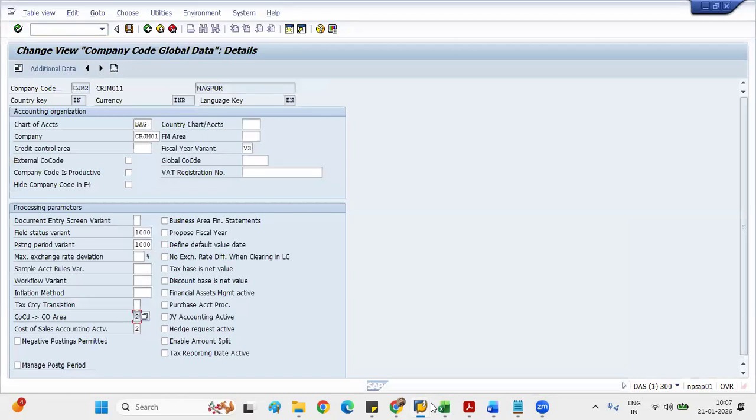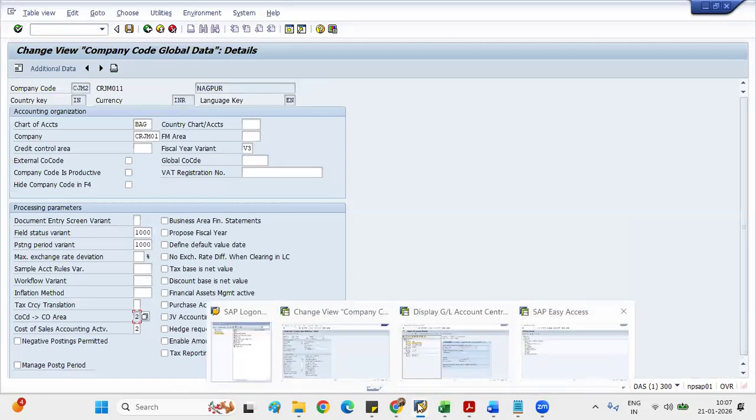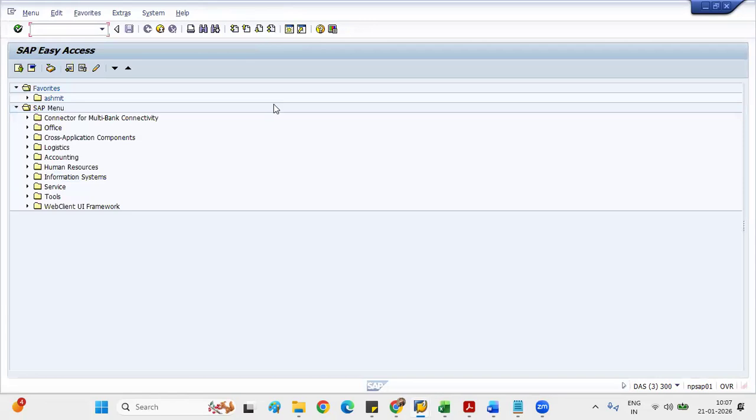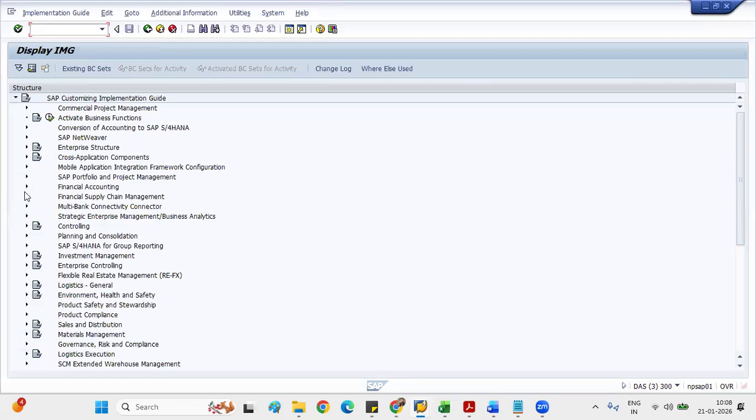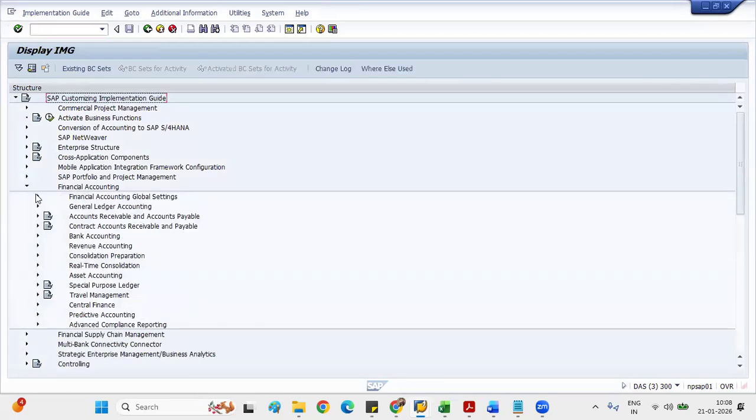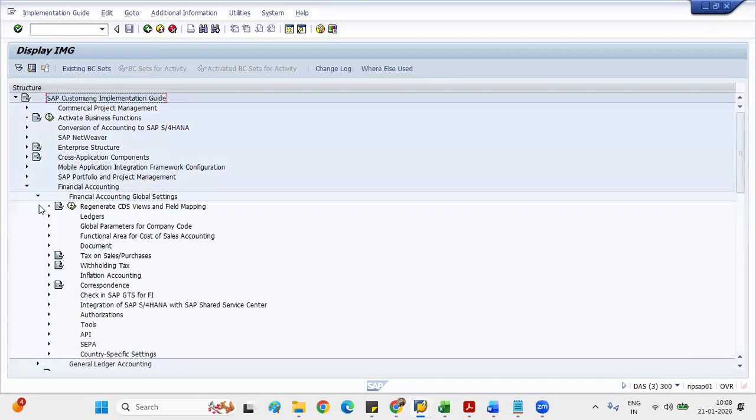This is my chart of account. Chart of account shows the categorization of GL, like asset, expenses, liability. So first I'll go to SPRO, reference IMG, financial accounting, global setting,